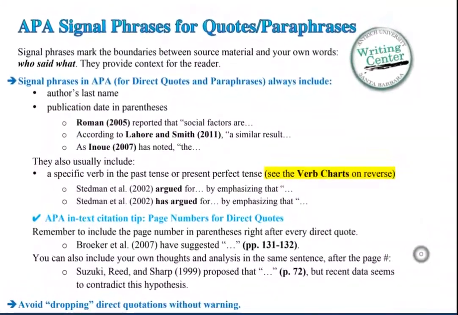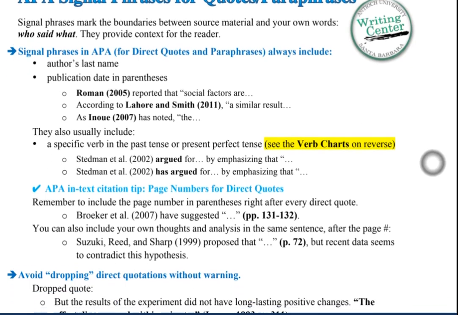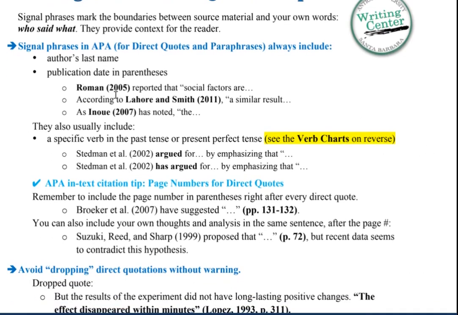Let me make it a little bit bigger on my screen here. It's worth slowing down and going through the document that you see here bit by bit so that you can move through the various signal phrases. And you can see how you've got the author's last names and the year here for when that applies. And then you have the quotation marks that start where the passage has been brought over. Whenever a direct quote is used and there's a page number in the original, you've got to have your page numbers as you see here in this part of the document.